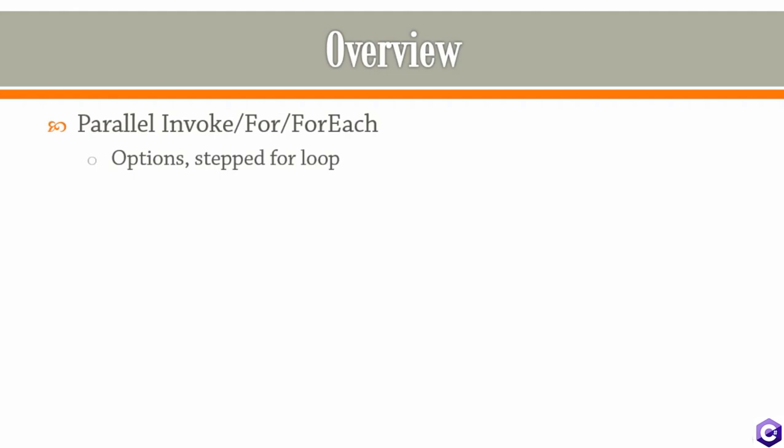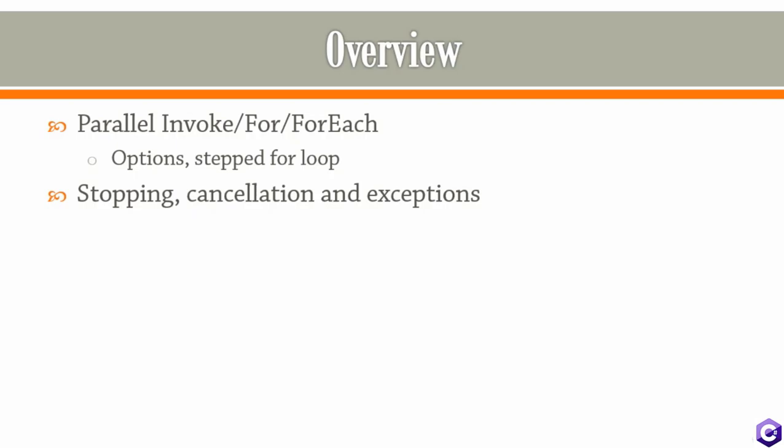First of all, we'll take a look at Parallel Invoke, Parallel For, and Parallel ForEach. We'll take a look at the options that you can customize these loops with. We can take a look at how to do a stepped for loop, because it just so happens that the for loop just does a step of one. Then we're going to take a look at the typical stuff related to concurrent execution, namely how to stop a parallel loop, how to cancel it,